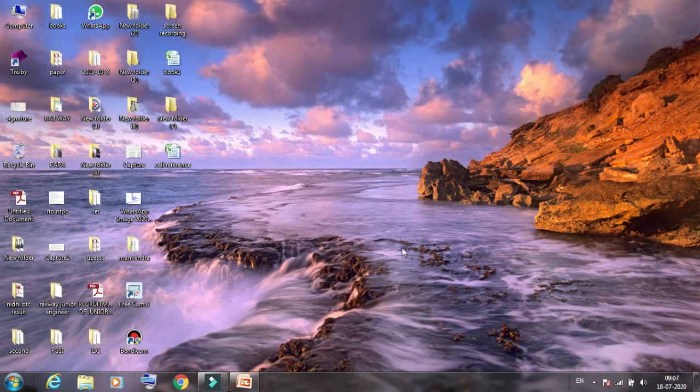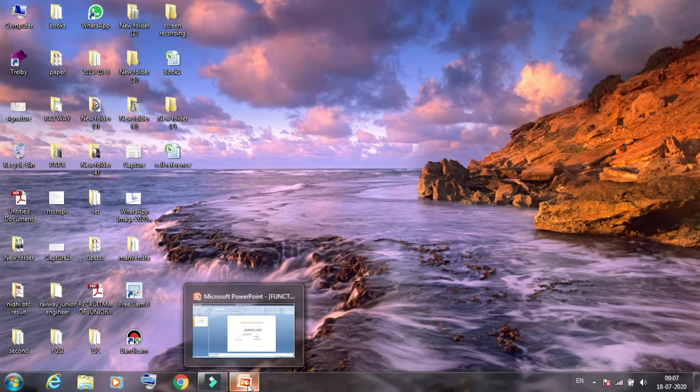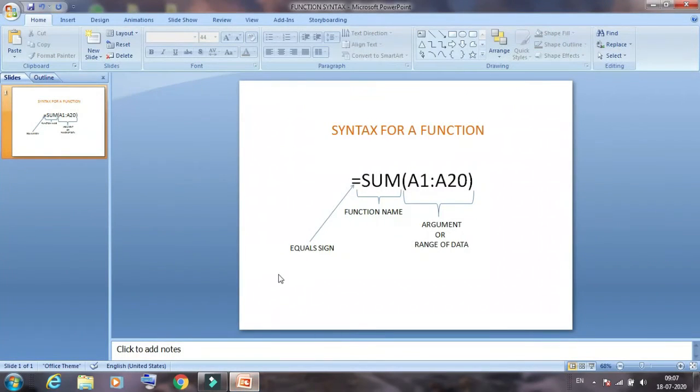Here I have already made the syntax of a function. First we write the equal sign, then the function name. The function name may be sum, multiply, average, count, maximum value, or minimum value.